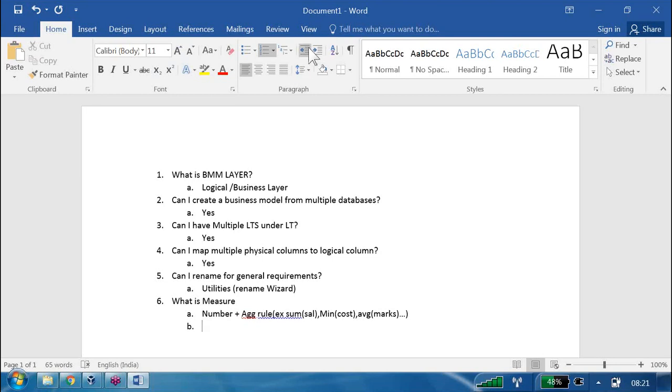Next, can I join two tables which are coming from two different databases? Answer is yes, we can do that.